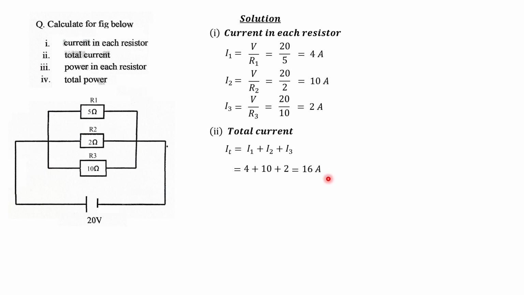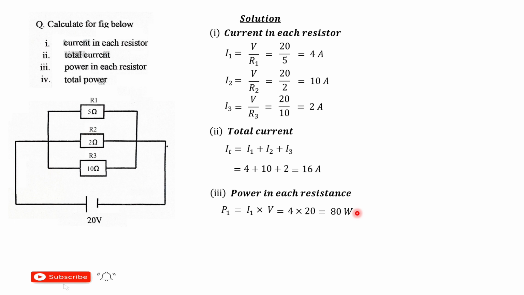All right, so let's move on. So III, we have to calculate the power in each resistance. So P1, that is the power across resistor R1, is equal to I1 times V. The V here is the supply voltage, since the voltage is common. So we have 4 times 20, which is equal to